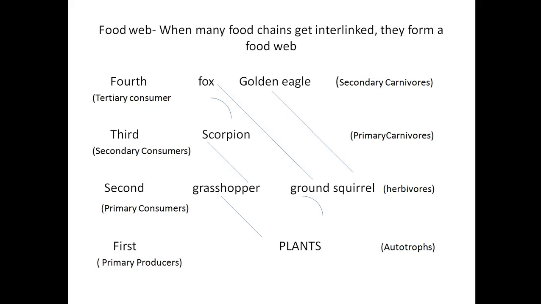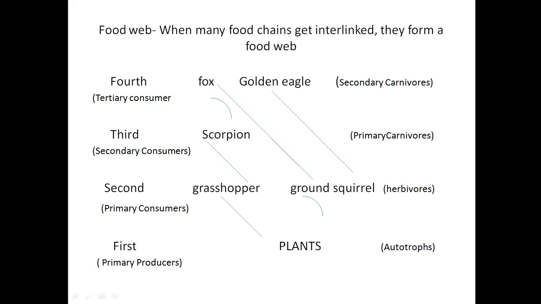And the third one is the ground squirrels, they eat plants, and then the golden eagle can also eat the ground squirrel. This is the third food chain. So you can see there is one food chain here, this is the second food chain, and this is the third food chain. Now here there are three food chains which are running simultaneously, but at the same time this food chain, now where is it?